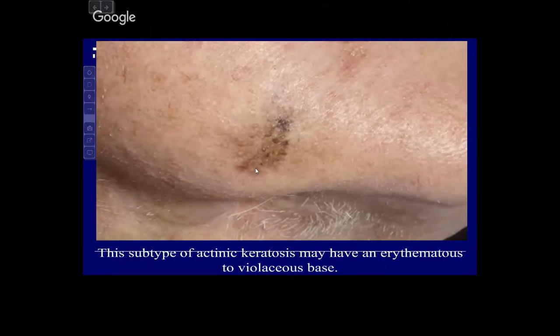In the lichenoid actinic keratosis, these are usually single lesions again. But when you look at a slide,